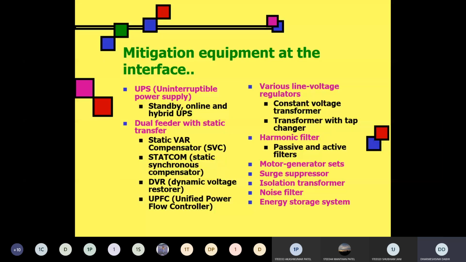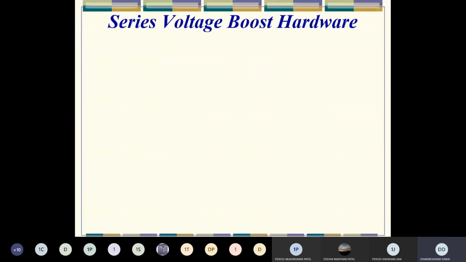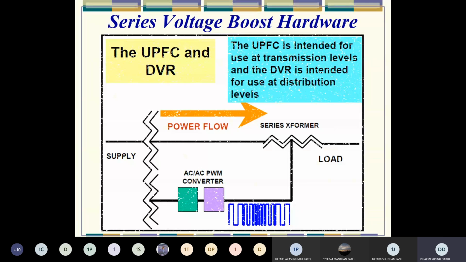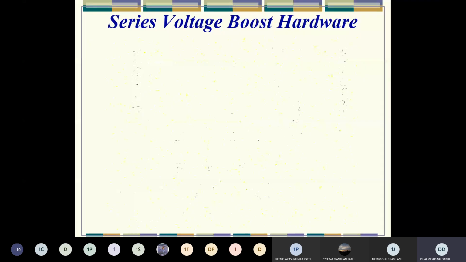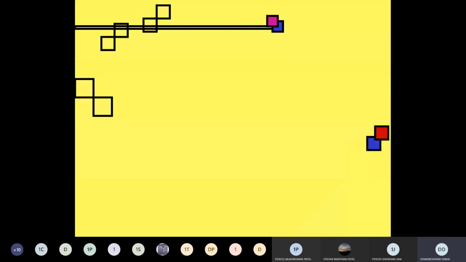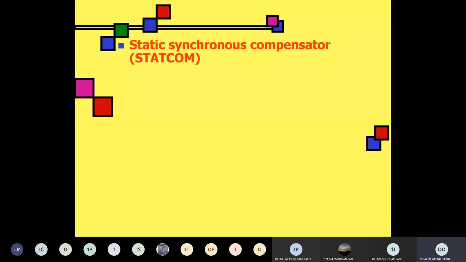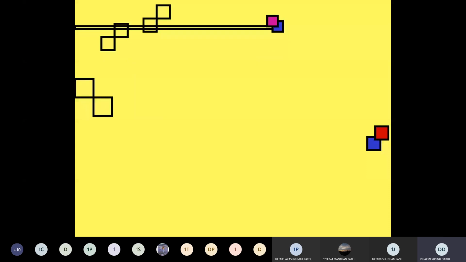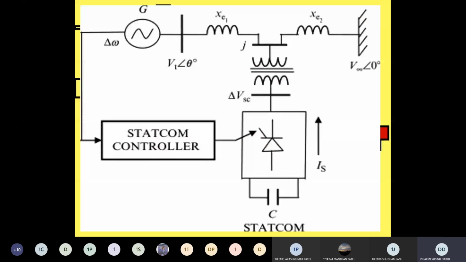So all are the devices used to mitigate the power quality problems, and we have studied the basic principle of operation of all these devices. So you can see that this is an SVC, two types: TCR, thyristor controlled reactor, and TSC, thyristor switched capacitor, then a combination of both, and this is a symbol diagram of the whole SVC, static var compensator system. Then STATCOM, we discussed the advantages of STATCOM as compared to the SVC, and we saw the characteristics of STATCOM as well as SVC.